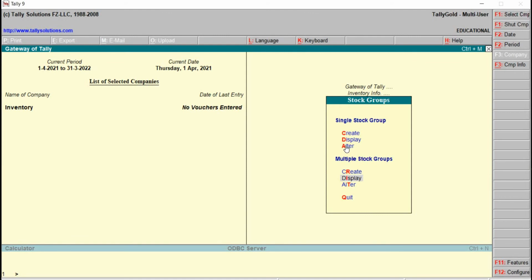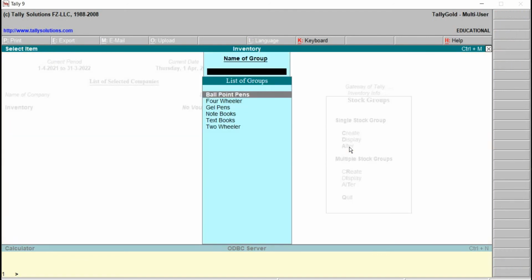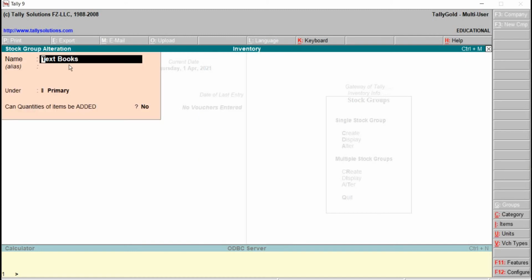Single mode, Alter, or we can press the letter A also. Just click on this one, right? Let's go back to textbooks, right? I just make here textbooks 1. Later, save.